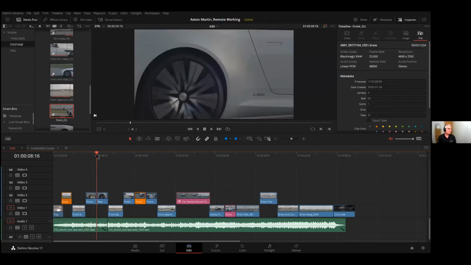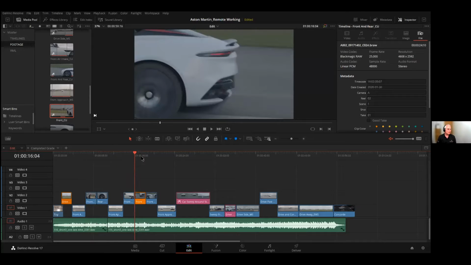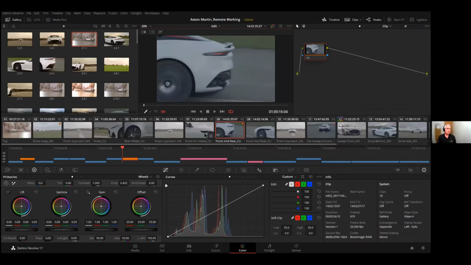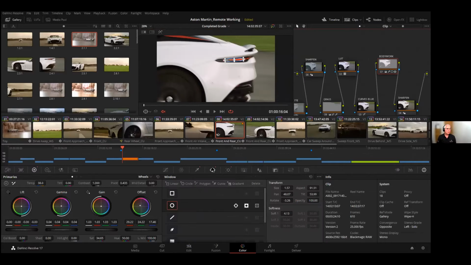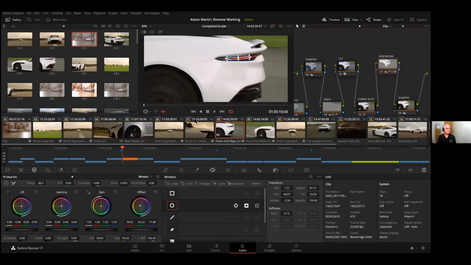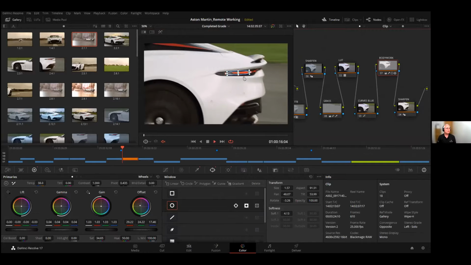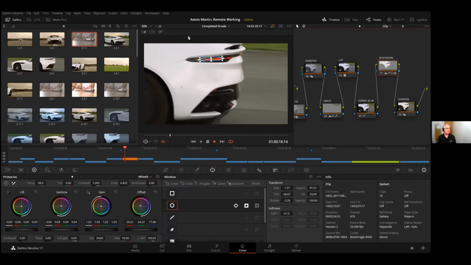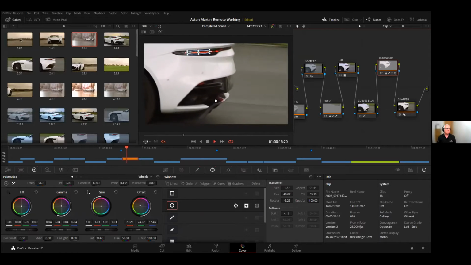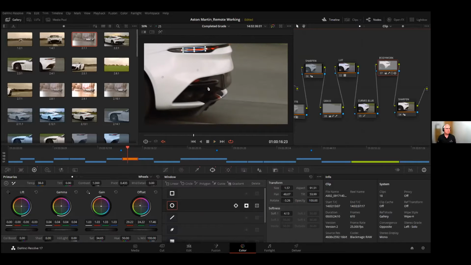And just to demonstrate that, any work that I do here, if I were to go, for instance, to a completed grade on this timeline and select a window here, you'll see, don't know if you can see this very well, you can see that this clip here has had some work done. There's a little window tracking over there,